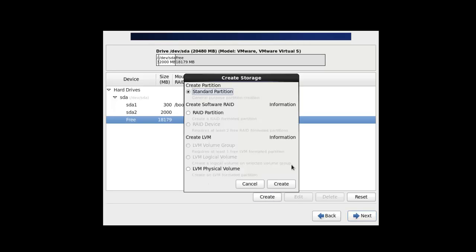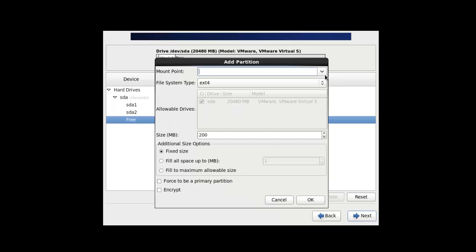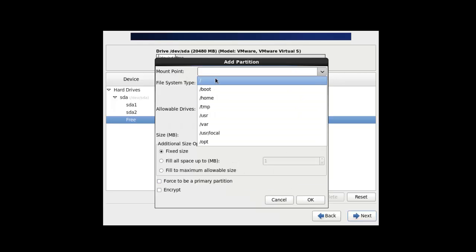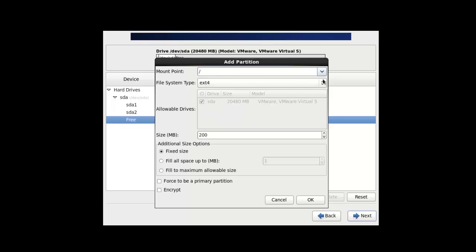Next, create the root partition. The root partition is the most important partition. It contains all the file systems of the operating system, and it is the installation partition. Select / for root. You can also create other partitions after creating the root partition if you have excess space in your hard disk. This time I'm creating only the root partition,